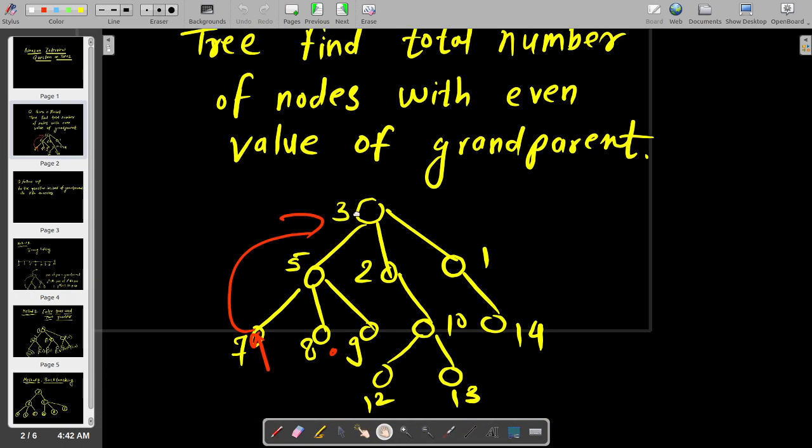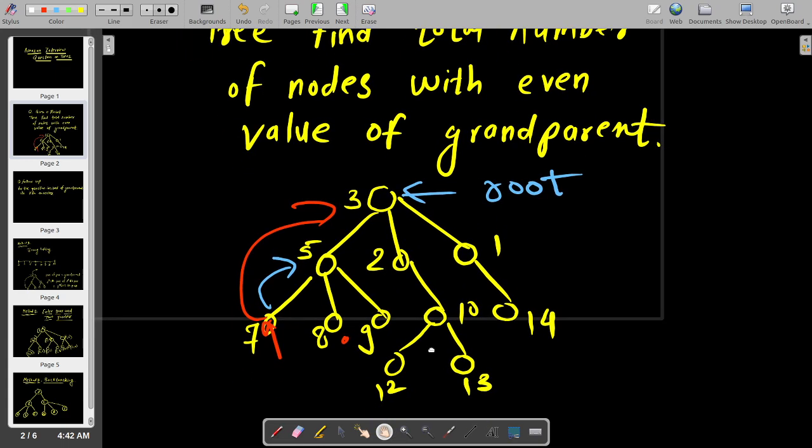Okay. So this is the given tree, let's say. So what is a grandparent? I will clear it. The red pointer is the grandparent to it. From this node, the node with value 3 is its grandparent. The node with value 5 is its parent node. You would get it, it is the tree structure, and this is the main root. Okay. So in this way we have to answer for all.